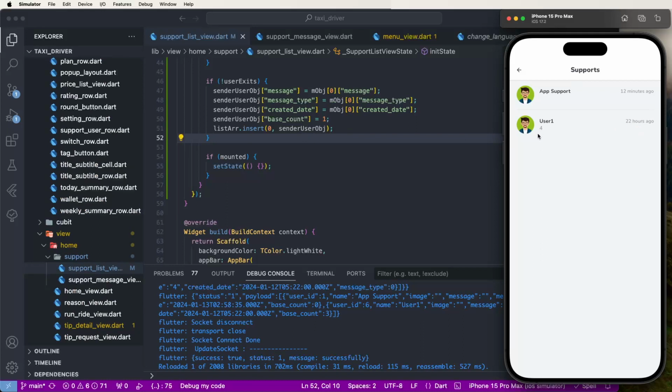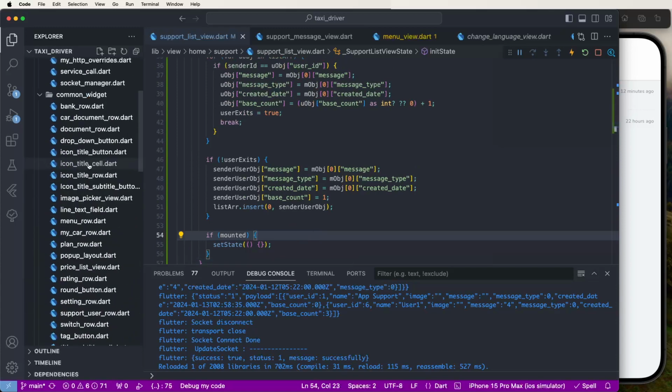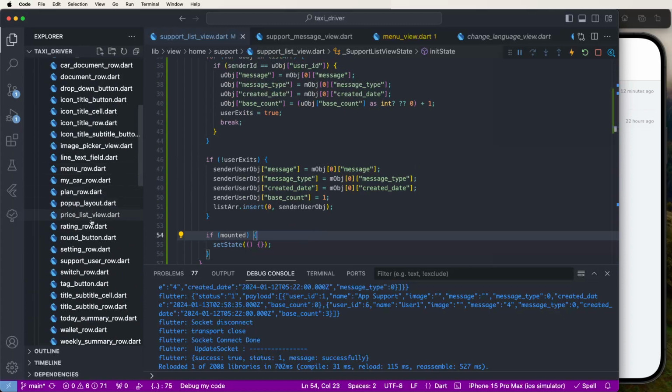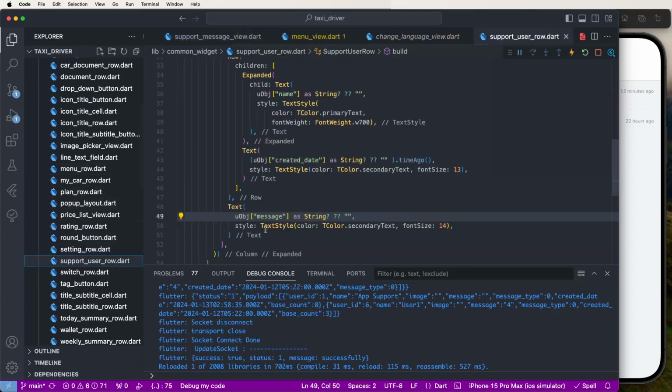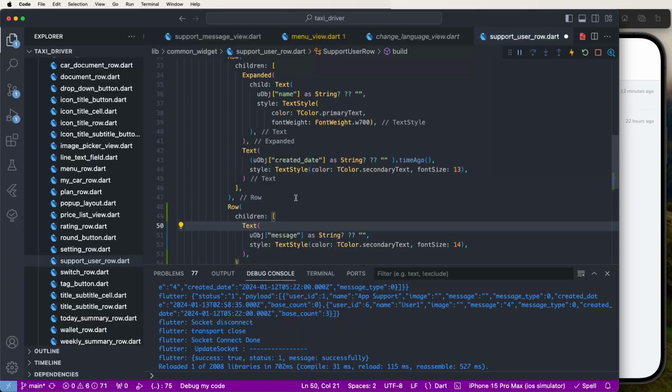At this time we need to update the read counts, the most important parts here. I need to configure the read. And now we need to go inside the supports message user cells, so we need to set the base counts. We need to create the row, and expand this message